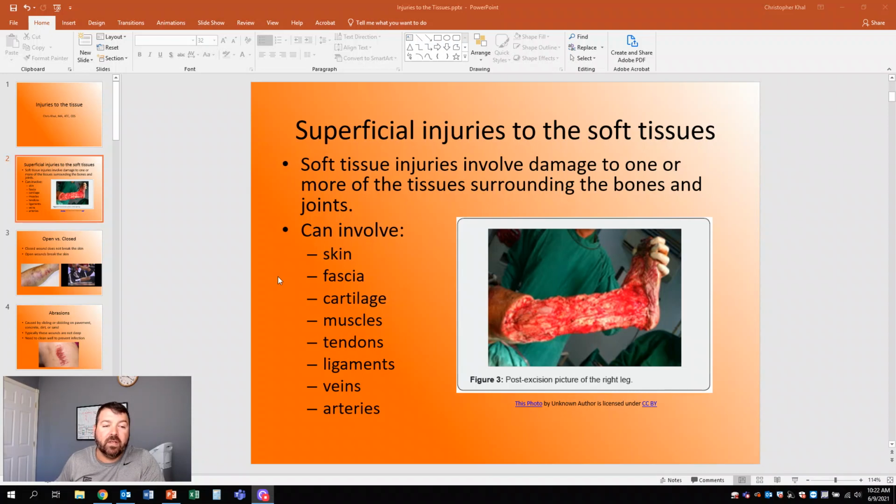For example, the fascia. Fascia is a covering over all the muscles, all the organs. It is throughout your body. It's very, very tough, but that can also be damaged, which can affect other structures depending on the injury. Okay, it's more like a spider-like webbing that goes over everything. It's a very, very important connective tissue.